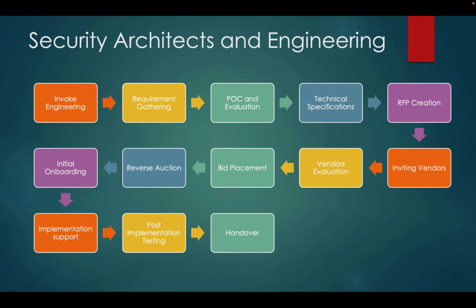Then vendor evaluation happens. Vendors go for a bid placement that, hey, I will give you all these features that you've asked in maybe X amount. Some other will say Y amount. Then obviously there will be some third party or some internal non-infosec team involved for doing a reverse auction, so the company gets the best price from the security vendor. So once that's done, once that's frozen, okay, these are the vendors we are going with,